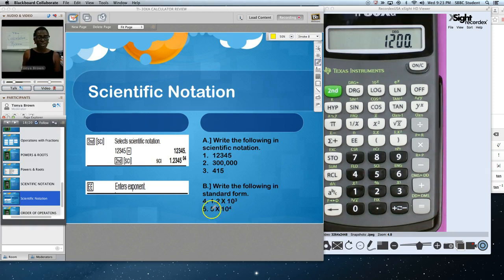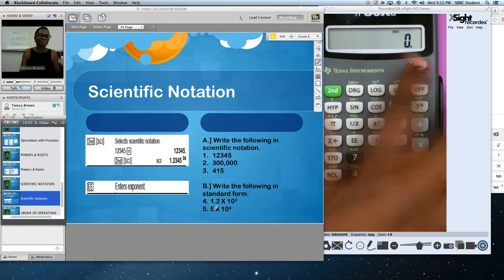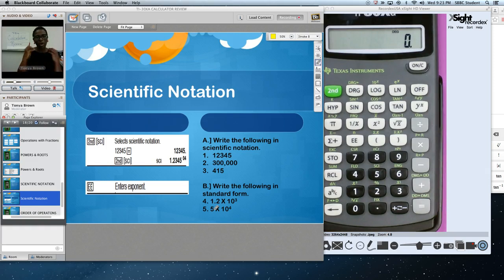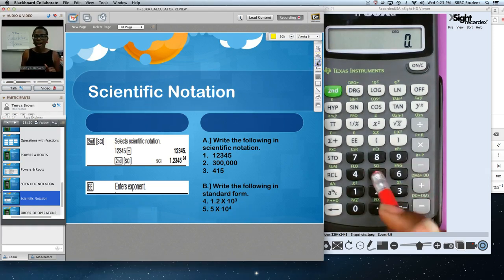All right, let's try the next one. Remember, the EE is only 4 times 10 to some power. That's what it means. Times 10 to what power? All right, so let's do this. So 5, what are we going to get first of all? If I have a 5,